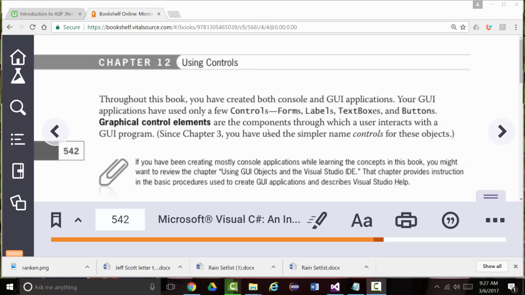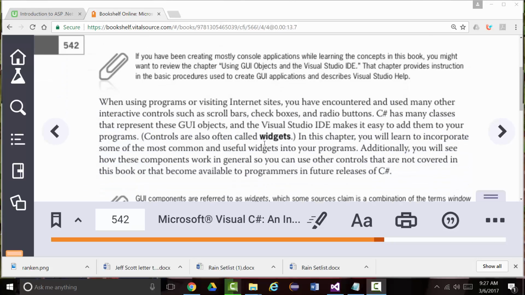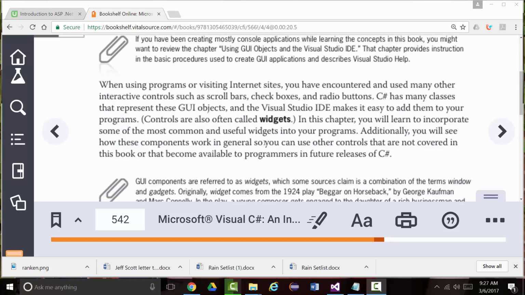I don't know. It's funny because the book that I used at the institution I used to teach at didn't even talk about console apps at all. They mentioned it in the first chapter: you can also create console apps. That was it. Everything else was GUI, the entire book. So,